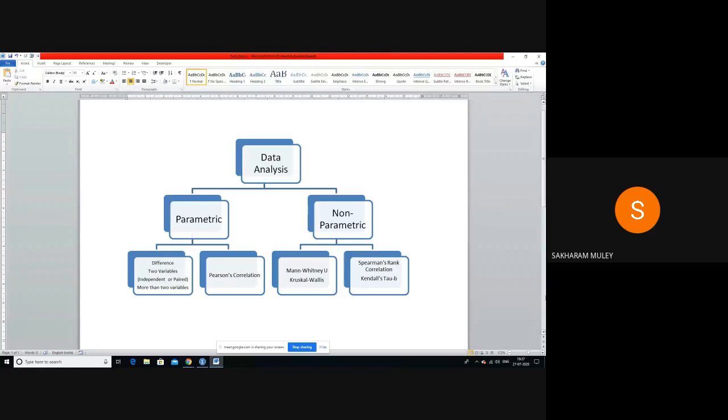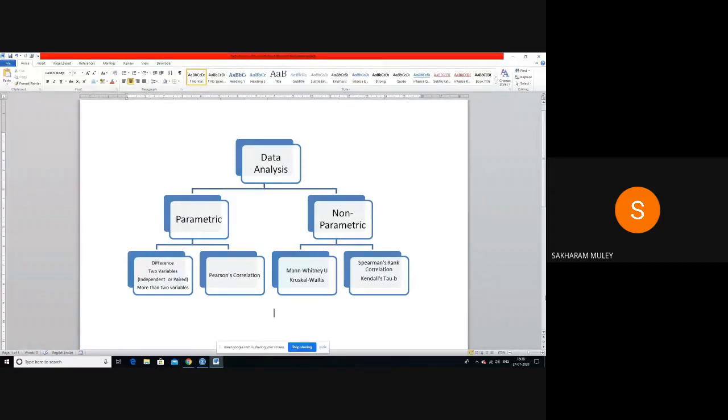As visible on your screen, it is a tree. We start with data analysis. Then we identify whether the analysis is of the parametric or non-parametric type. There are certain assumptions for the variables which have to be tested, and if the assumptions are satisfied for parametric, then we choose a test from the parametric domain. Otherwise, we choose a test from the non-parametric domain. It's a very small tree which I have prepared for you, and it would be much bigger if we put all statistical tests in this tree.